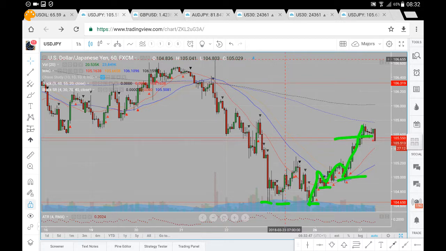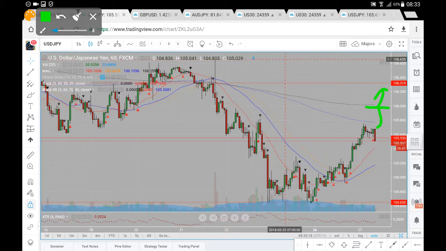the 105.55. Didn't quite get towards the 200 period moving average here. We've seen that pullback towards that 105.55. Now we're slightly below the 105.55, but it's nothing to be of too much concern at present. But if we aren't able to break back above and hold the 105.55 for a test of that 200 period moving average in around that 105.80, or possibly the 400 period moving average sitting at the 106,